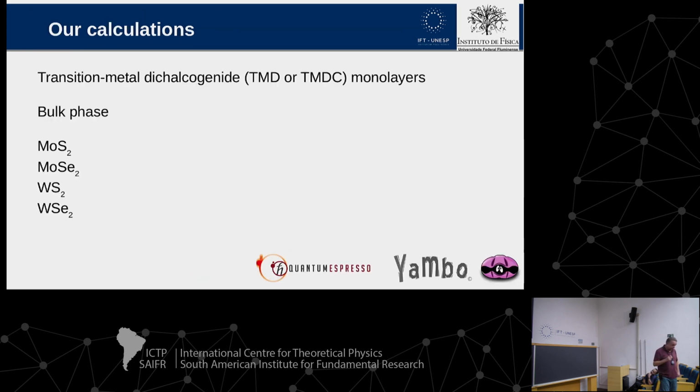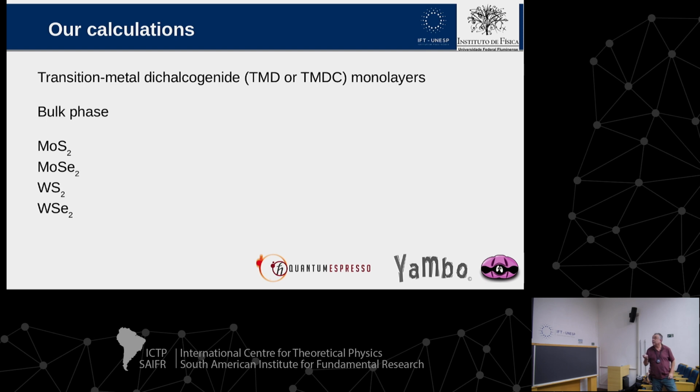What we did, we started to look for this kind of transition metal dichalcogenide because they are very well studied, and there are several experimental implementations of photovoltaic devices for them. And we looked at the bulk phase. I mean, we looked for an infinite number of layers because we think that in the actual devices, when you have something like 10 or 20 layers, the properties are already very close to the bulk phase,